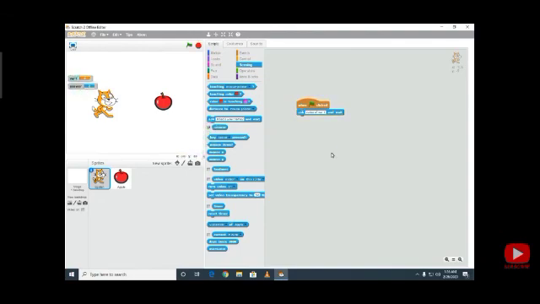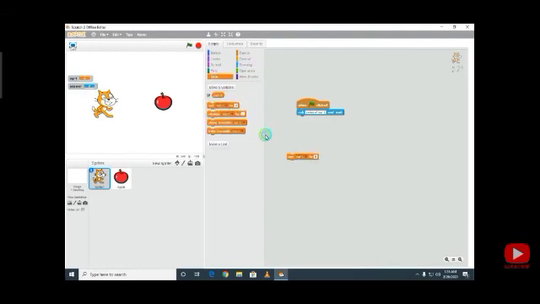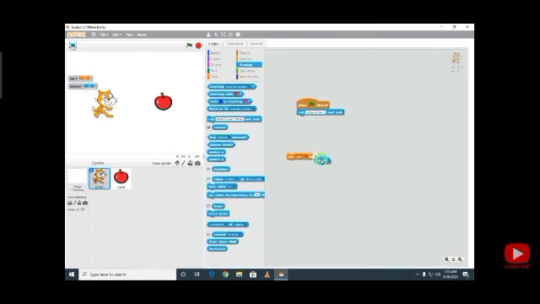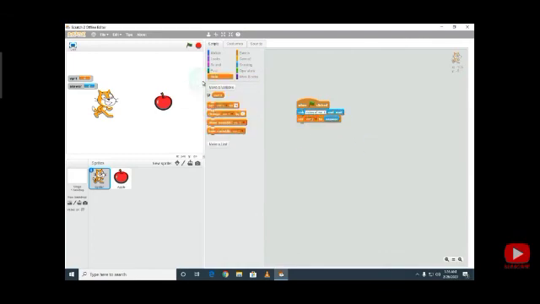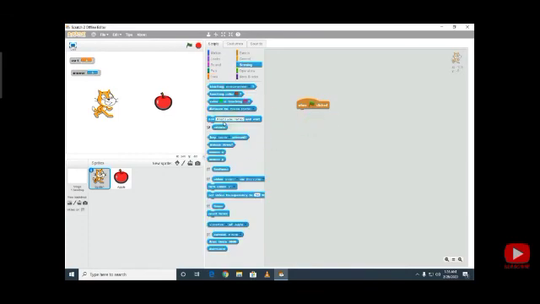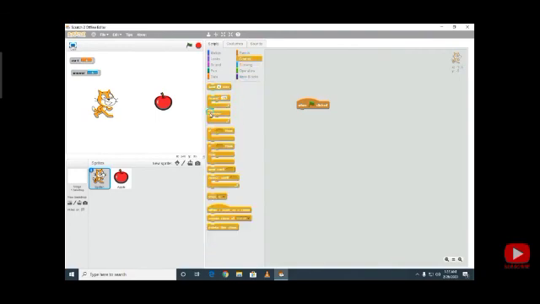Now next option I have is key space pressed. Children, in this I am using forever. Then if space pressed, sprite will hide. I am giving this instruction. Now next code is key space pressed.